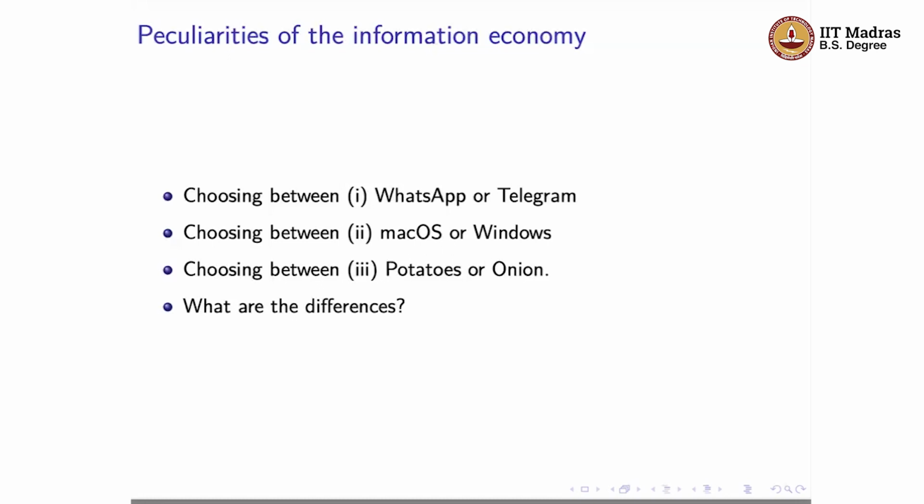If more of the people that you want to communicate with are on WhatsApp, probably you would want to devote more time to WhatsApp than to Telegram. But if it's the reverse, and the people that you want to communicate with daily are on Telegram, then you would probably prefer to use Telegram, right?